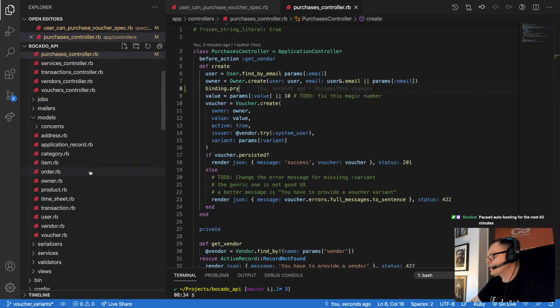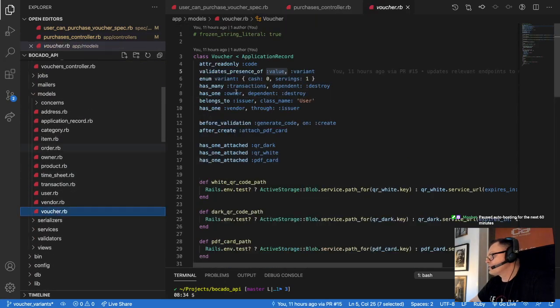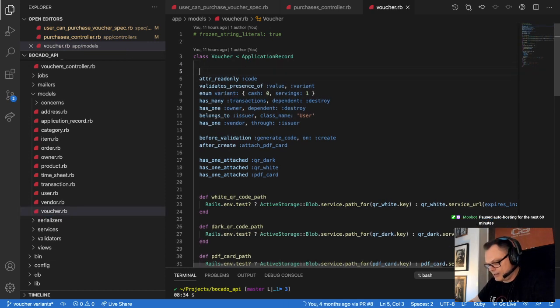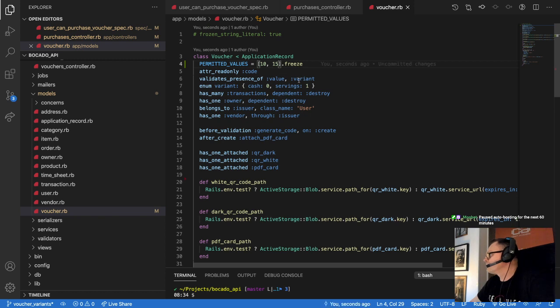I probably could fix it by having a voucher and then adding permitted values, and that could be an array, and I could say 10 and 15 permitted, and then I could say